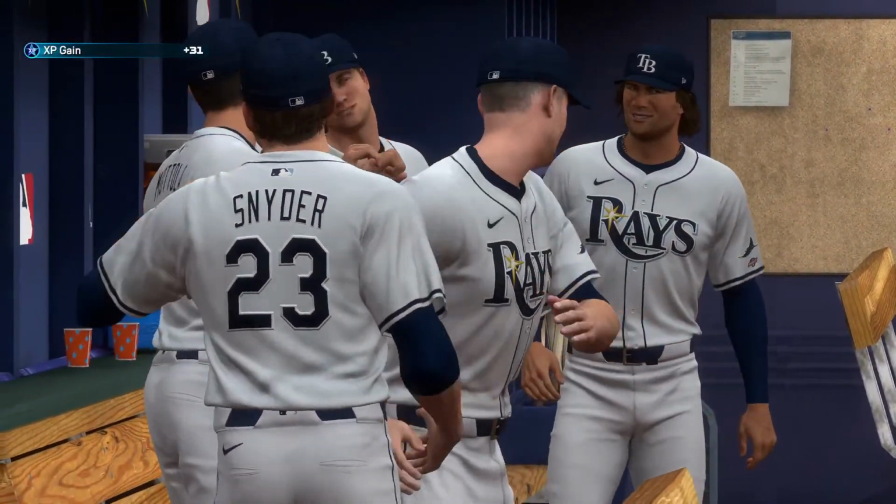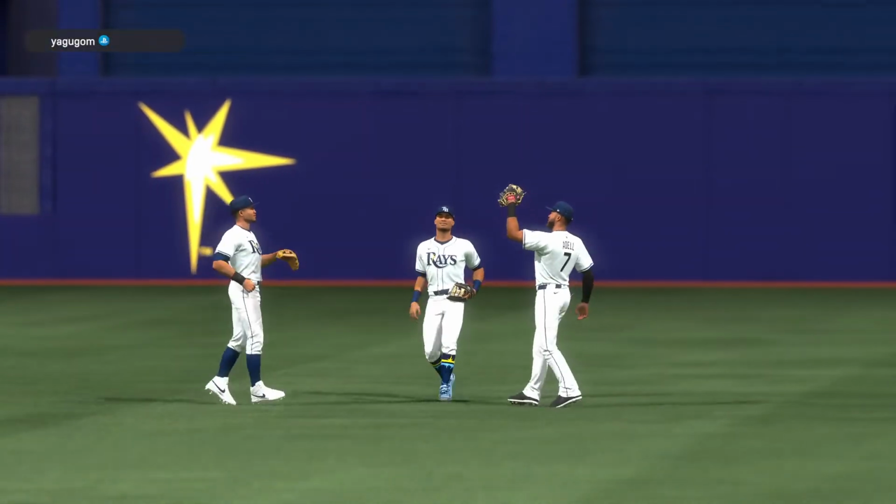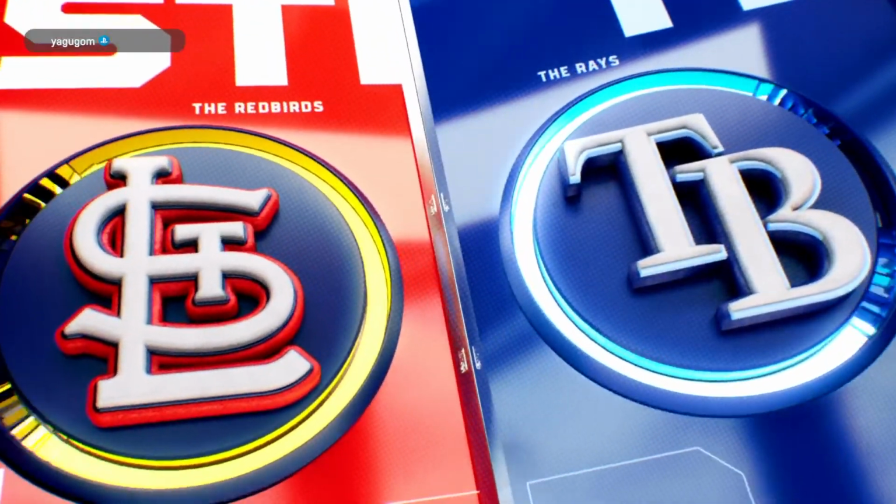Scherzer with his first major league win. Yeah, nicely done. I'm sure he'll feel very good about that and get the ball for his trophy case, as he should. A start he won't ever